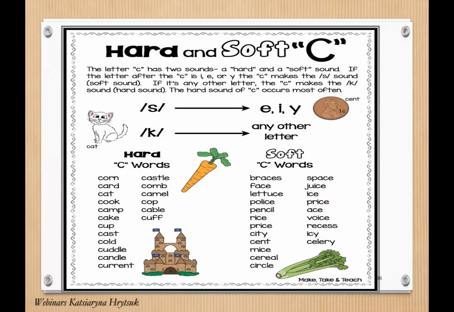Everything that I just explained is in the picture. Lera, let's go with hard C words. Con, cat. Stop. Con, it's not correct. Card, letter R. Remember, bossy R. Card, cat, cook, camp, cake. Stop. No. Camp. Open the mouth. It's not just like, okay, teacher, I read and forgot about me. No. Not like this. Camp, cake, cup,